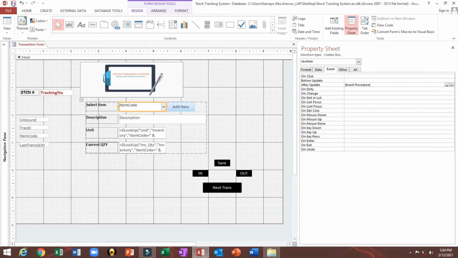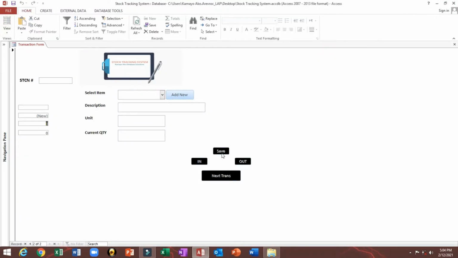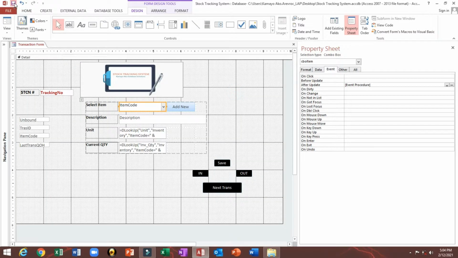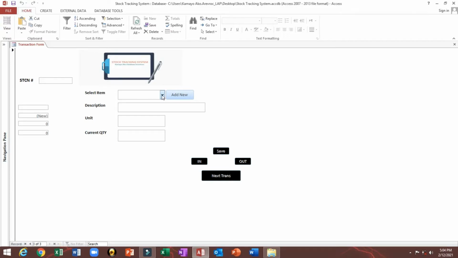Look, still disabled, but if I select, look what happened. If I select this one, automatically this one will enable. Then again, if I click this one or select, this one will enable,